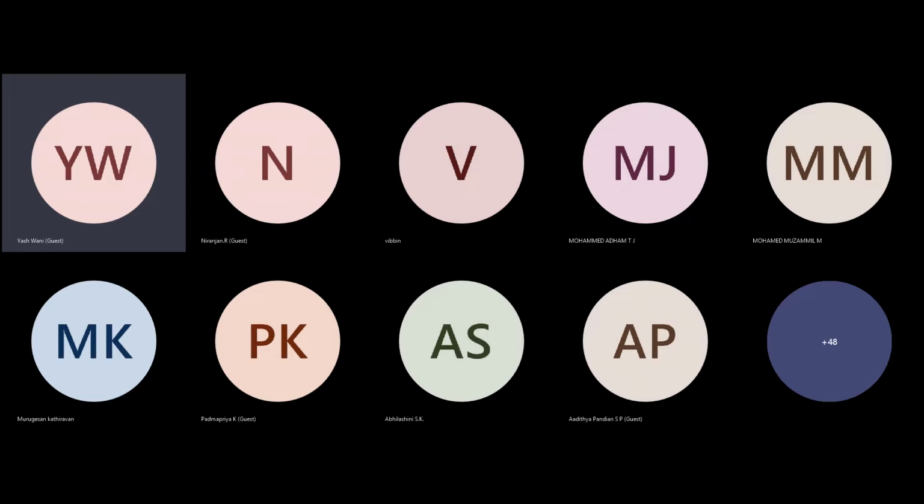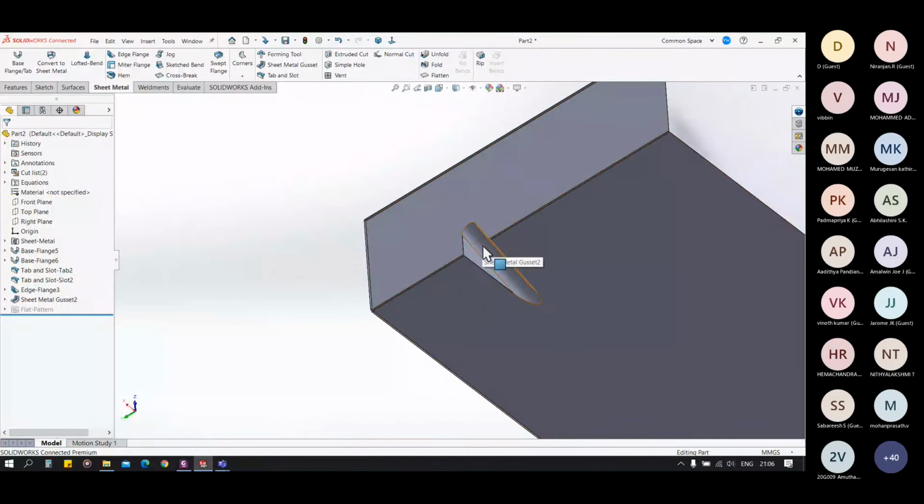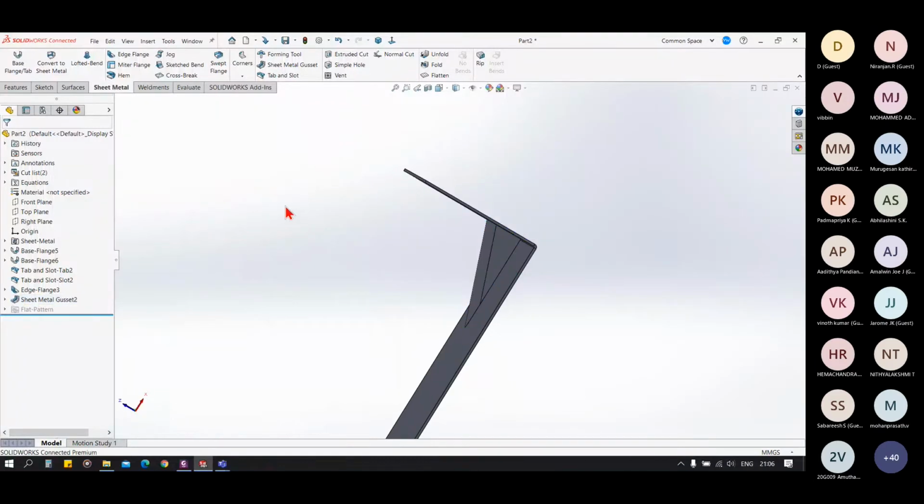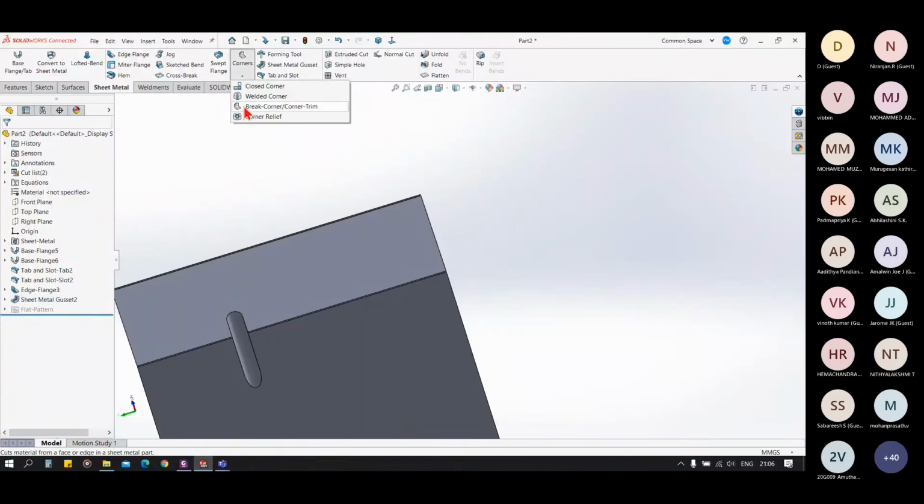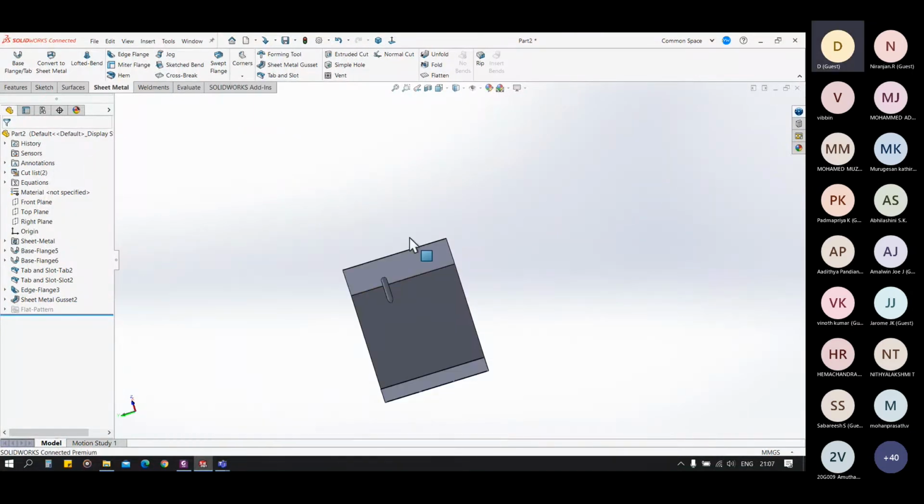Sir, your screen is not visible, sir. Okay, okay. Which one, this gusset part, or this welded corner? Sir, that welded corner part, sir. Okay.